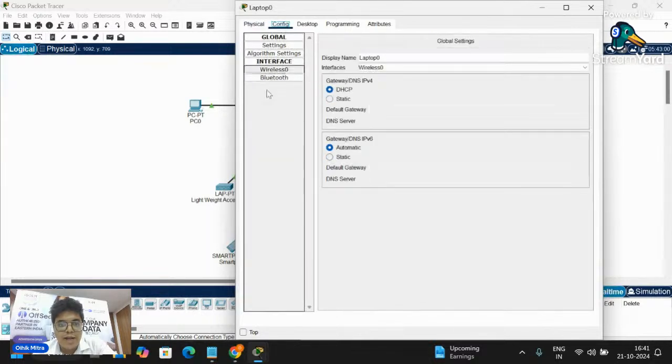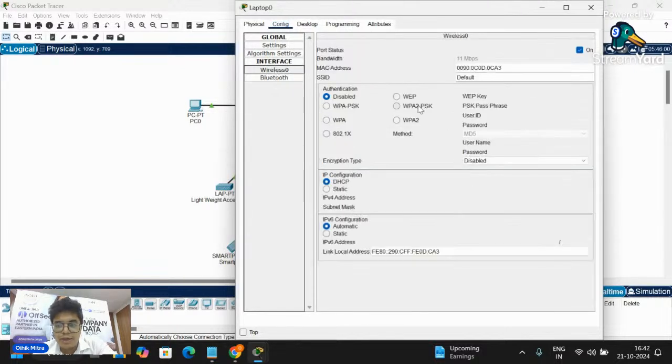As you can see, wireless 0 has come. In the same way, select WPA2 pre-shared key, give the name as WLC, and the passphrase will be admin123, right?